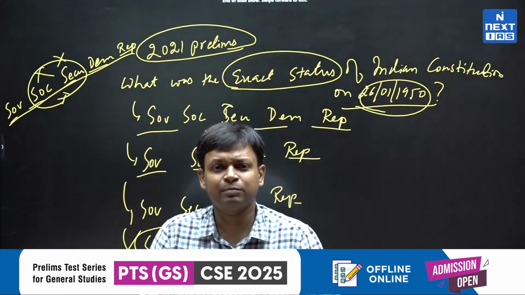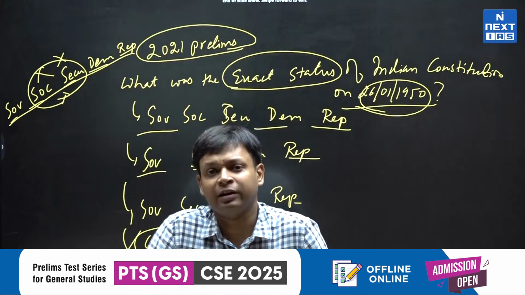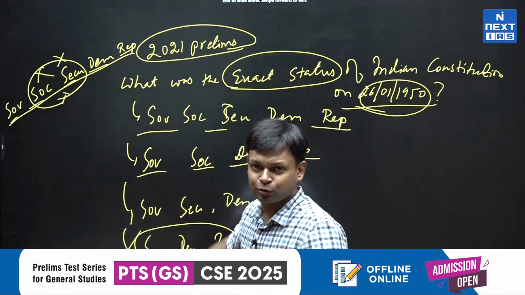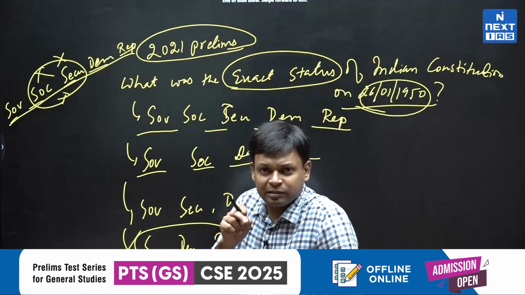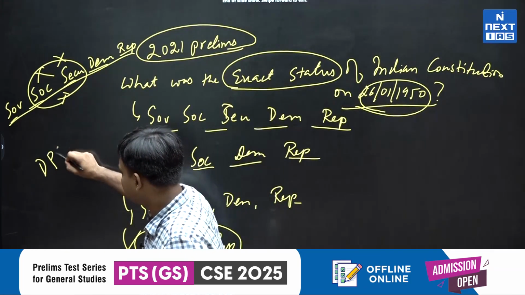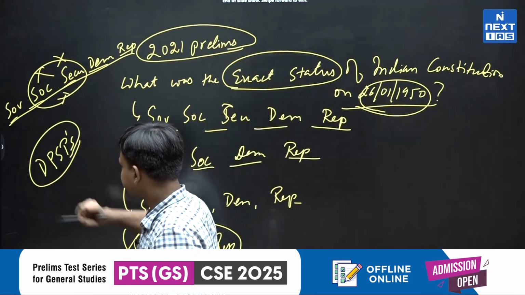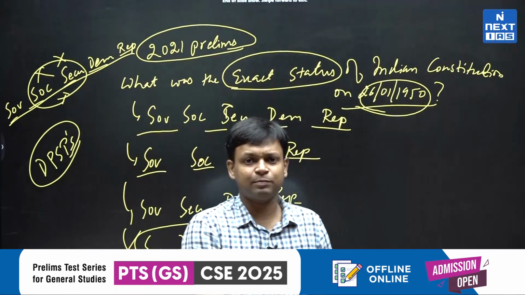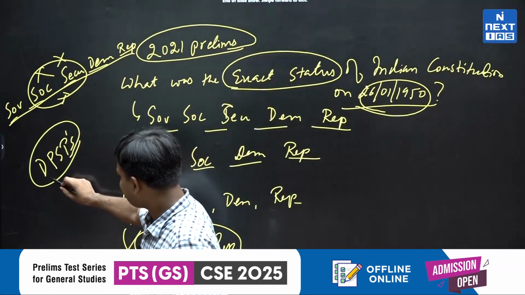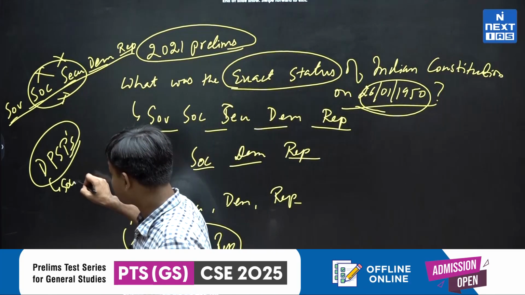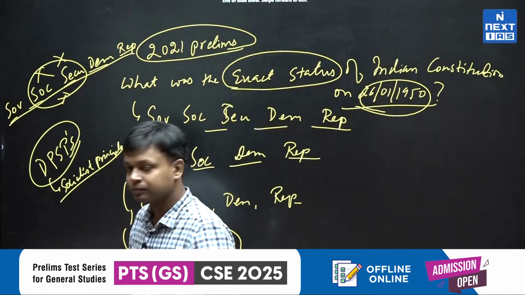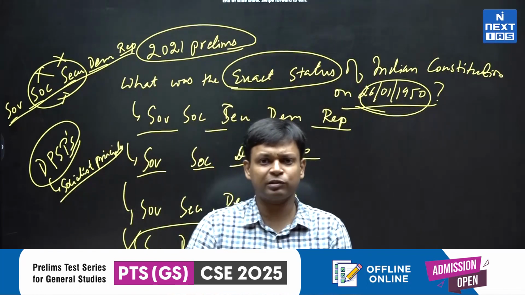Though it appears to be a very simple question. Why did many students get it incorrect? Because if you read the Constitution, if you know the meaning of socialism in the Constitution, we have a certain part of the constitution which is dealing with DPSPs, Directive Principles of State Policy. So DPSPs in the constitution are very clearly providing socialist principles.